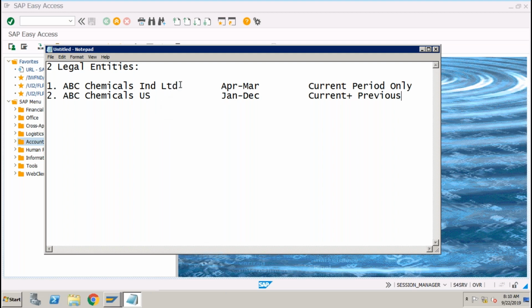At the same time, we can also check with the customer about their list of accounts. See, whenever you are going to talk about accounting, it is all about debit and credit, right? So if you want to debit something, if you want to credit something, what do you need? An account, right? Which account to debit, which account to credit. So you need to understand from the customer what are the different accounts they need, right? Maybe they are new to SAP, but they are already using some accounting software. It may be Tally, it may be anything else. So we need to ask them to provide us a list of those accounts that they